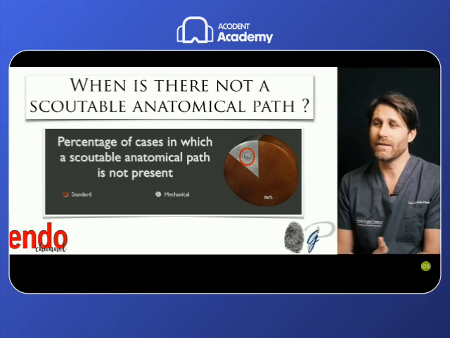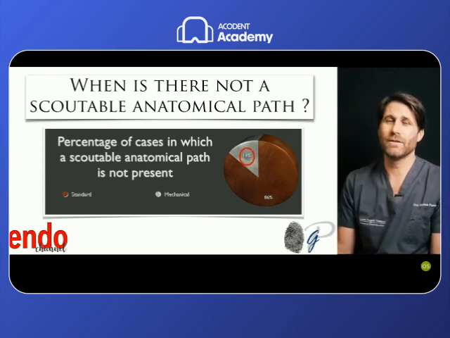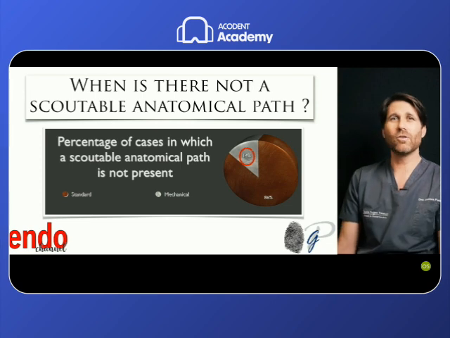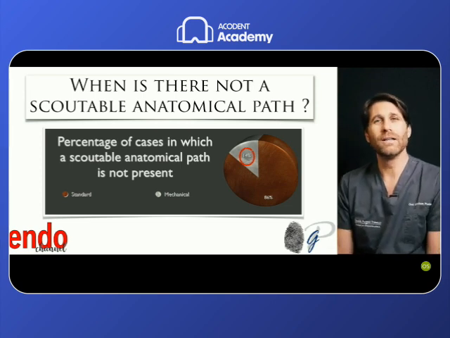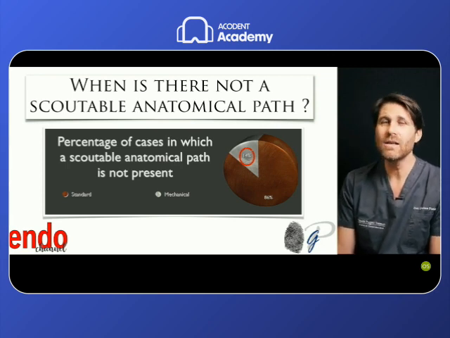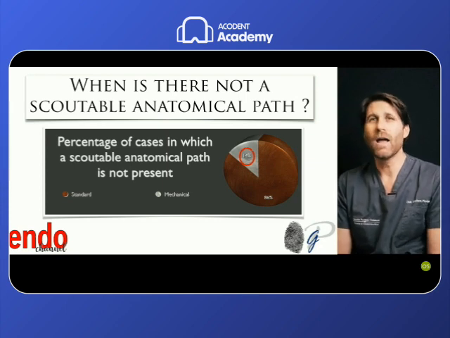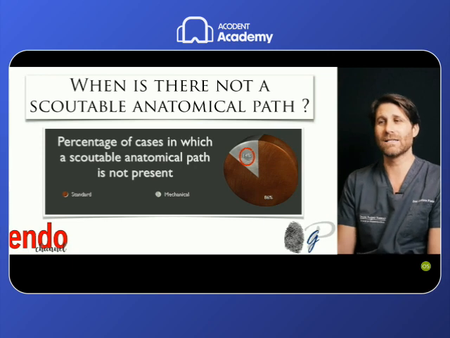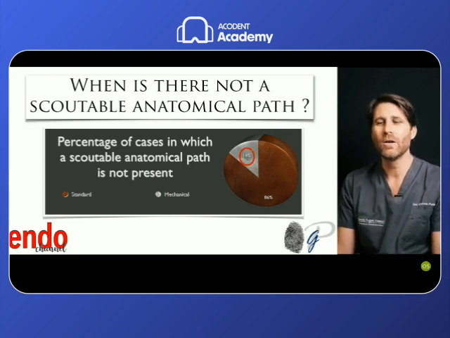As I have anticipated for the scoutable root canals, if we divide this percentage by the type of teeth, probably if we analyze the anterior teeth, the single-rooted teeth, this percentage is lower and it goes from 5 to 10%. If we analyze the molars, this percentage is higher and it probably goes to 20-25% of canals that do not have an initial scoutable glide path, in which we have to work hard to obtain it.